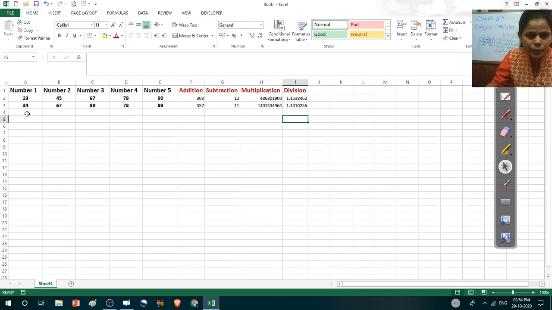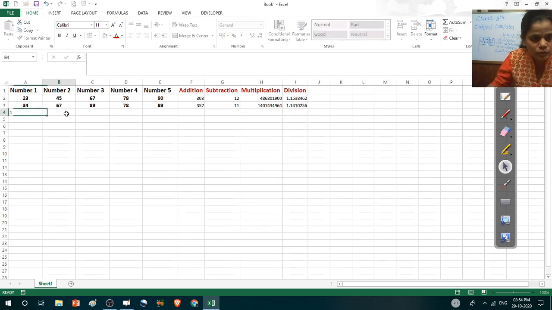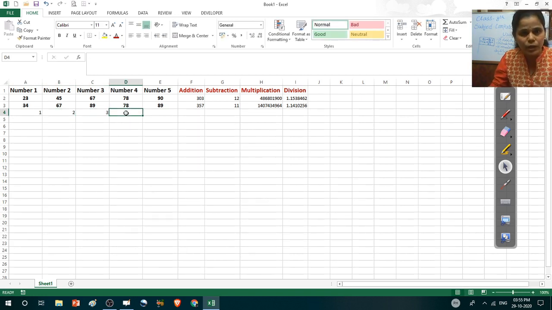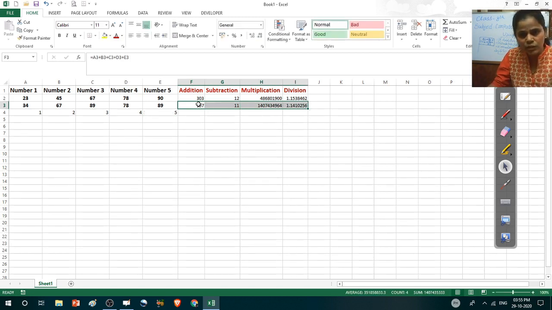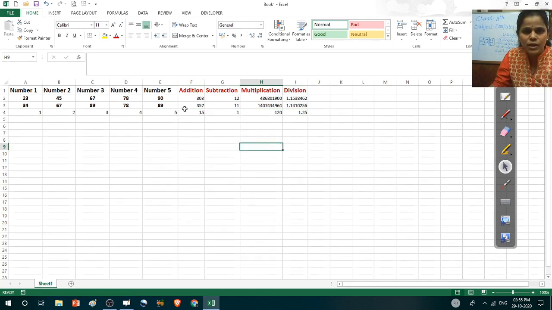Again I repeat. Here insert some simple numbers like 1, 2, 3, then 4, then 5. Here are 5 numbers. Select this row from the functions, don't select these numbers, and then from the right corner, drag and drop. So the answer for addition: 1 plus 2, 3, 9, then 13, the addition is 15. So 5, 10 and 5, 15.